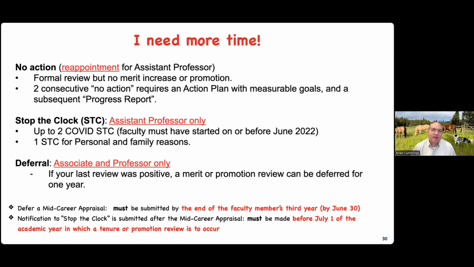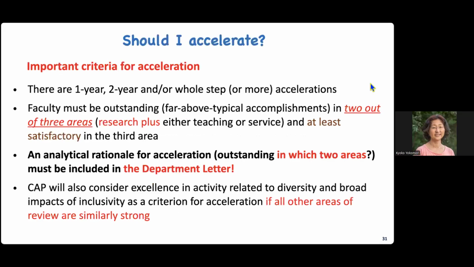Anything else to add there, Kyoko or Mohammed? Nope, that covers it. Yeah. All right, Kyoko? No, I mean, I have nothing to add. Yeah. All right, then